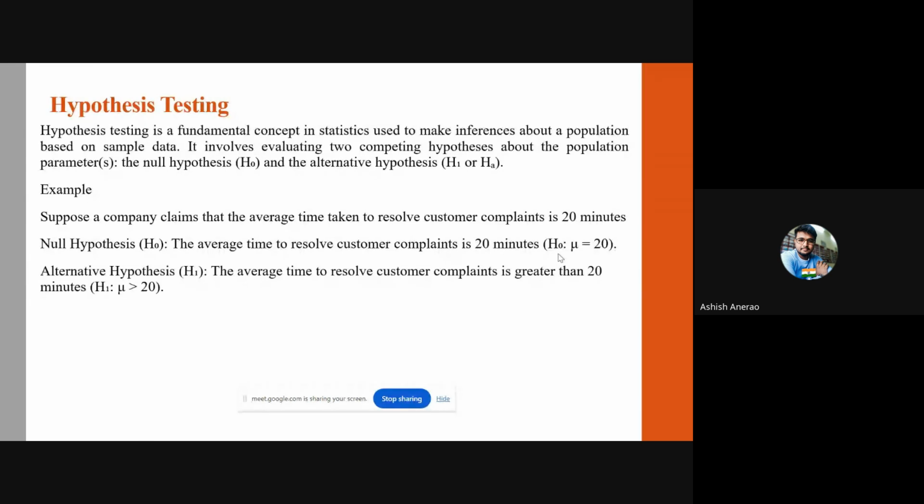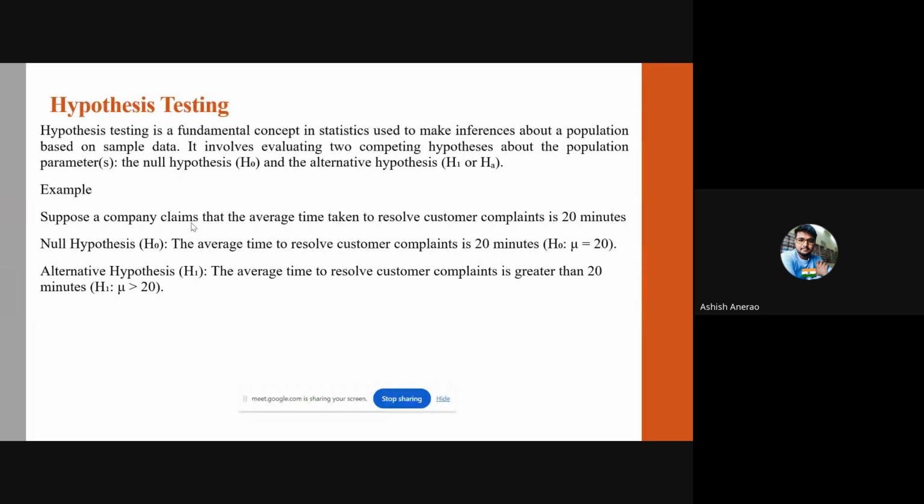I'll give one example. Suppose one company claims that they resolve customer complaints within 20 minutes. In this case, what are the possibilities? The first possibility is that particular company resolves customer complaints in 20 minutes. And what is the alternative? Either they resolve complaints much faster than 20 minutes, like in 5 or 10 minutes, or they take more than 20 minutes, like